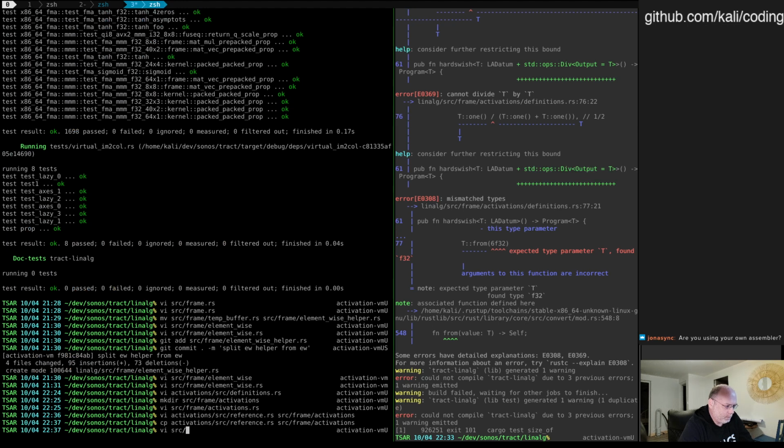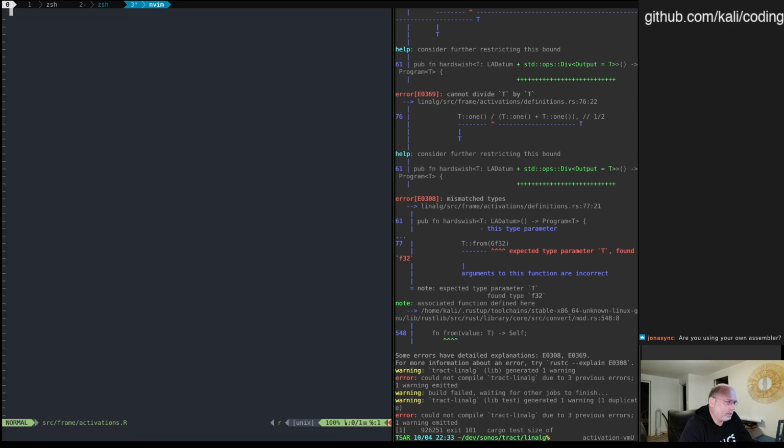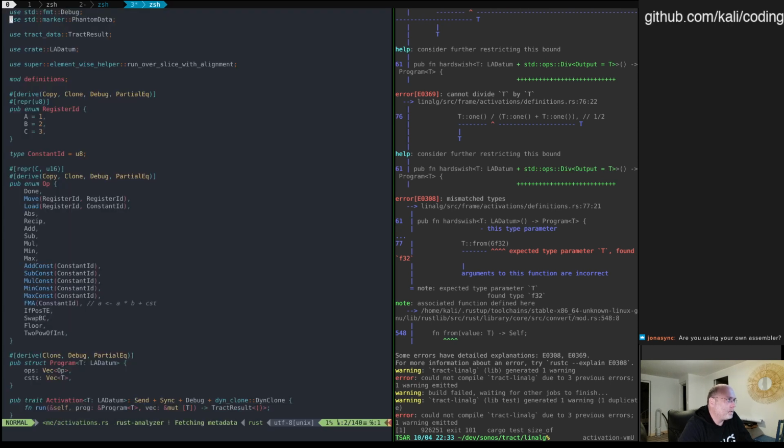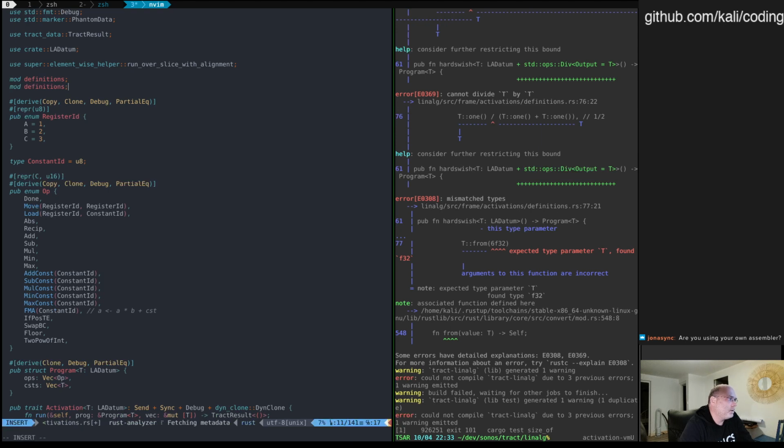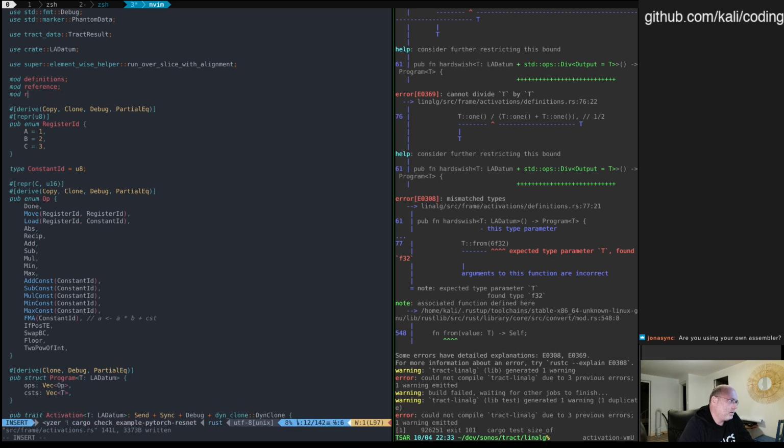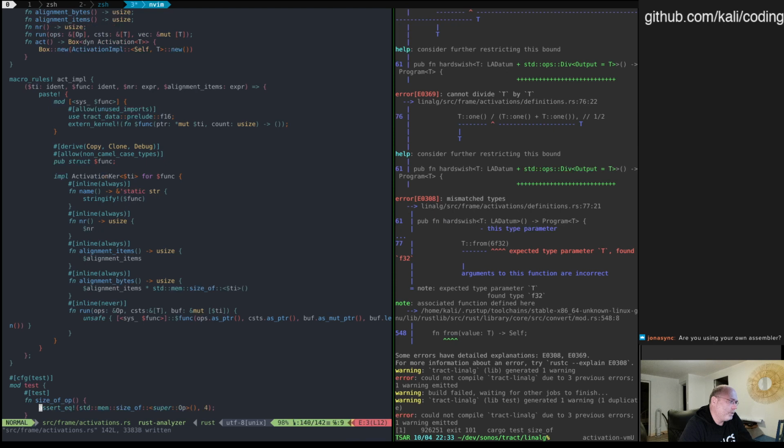Okay, src frame activation.rs. So I'm adding the references. Okay, and I'm adding some tests, which is a problem because I already have